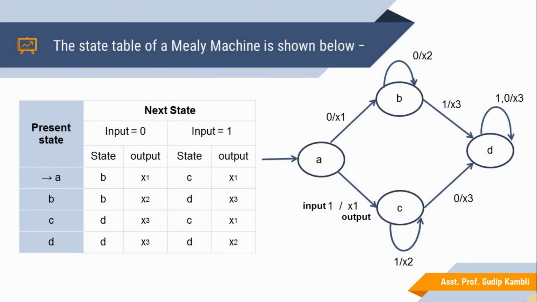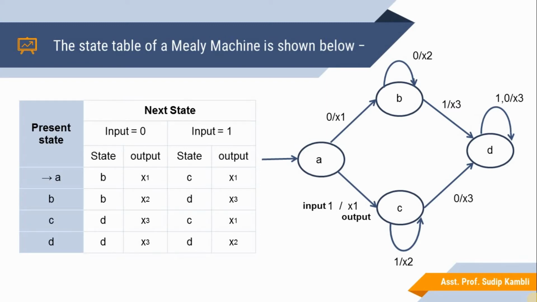So in this next example we discuss the state table of a Mealy machine, as shown below. Here consider the Mealy machine transition diagram with respect to the transition table. There will be 4 states A, B, C and D, with a start state and 2 input symbols, sigma equal to 0 and 1. The present state, on scanning input 0 or 1, goes to different states with respectively different outputs.